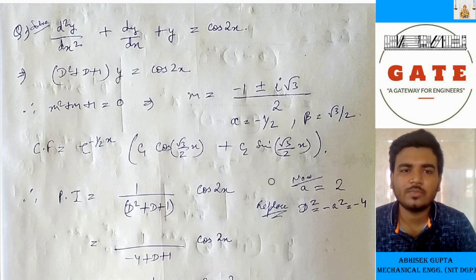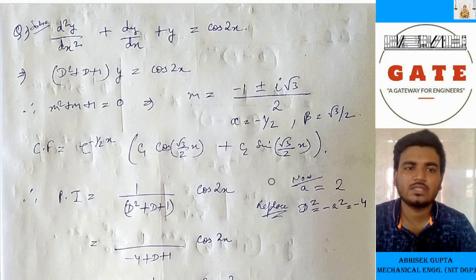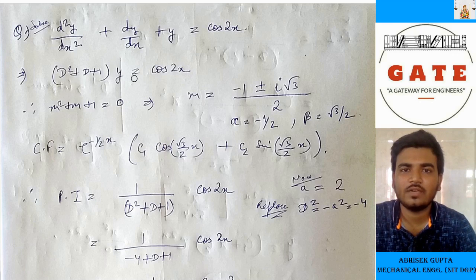Solve d2y upon dx2 plus dy upon dx plus y equal to cos 2x. See this equation, you have to remember the capital X is the function of cos. So here we get the function of D as D square plus D plus 1, as d2 upon dx2 is capital D square and d upon dx is capital D. So this is f of D equal to cos 2x. Now for finding the CF, solve f of m: m square plus m plus 1 equal to 0, m equal to minus 1 plus minus i root 3 upon 2. This is also complex imaginary roots.